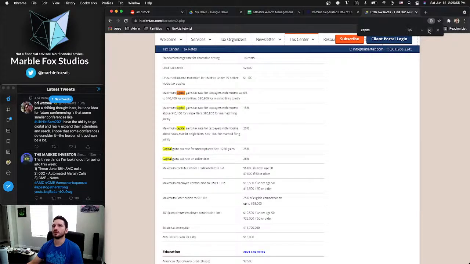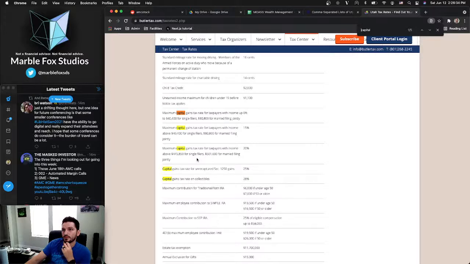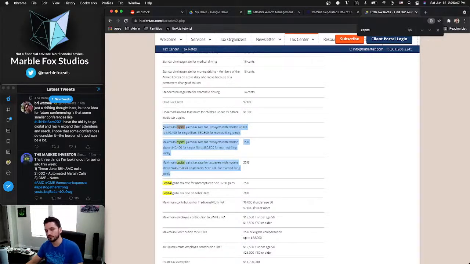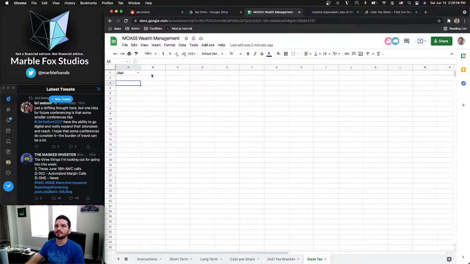There we are. Okay, so maximum capital gains tax rate for taxpayers with income from 0% to $40,400 for single filers, and maximum capital gains tax for taxpayers with income above, for single filers, and that for married filing jointly. Capital gains for unrecaptured Section 1250 gains on collectibles. I don't know what these are. So it looks like there's just three brackets. Yeah, there's just 3 brackets here. So we will copy this, take this back to the state tax,